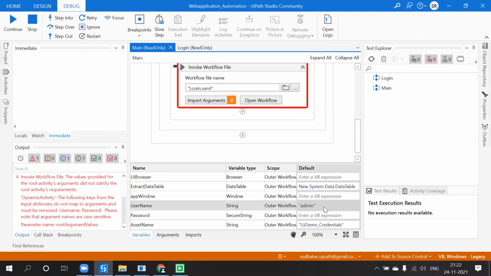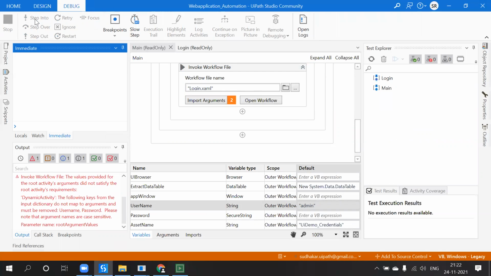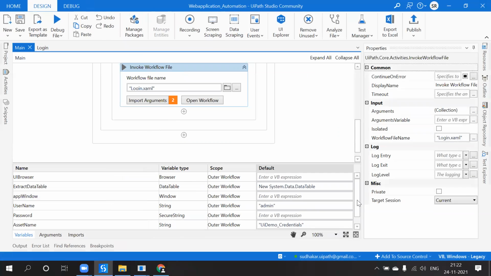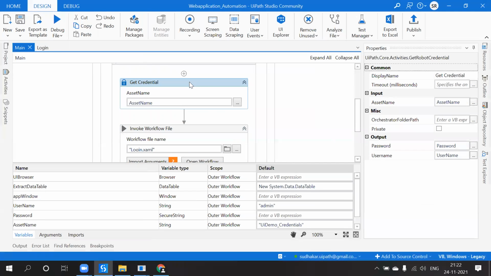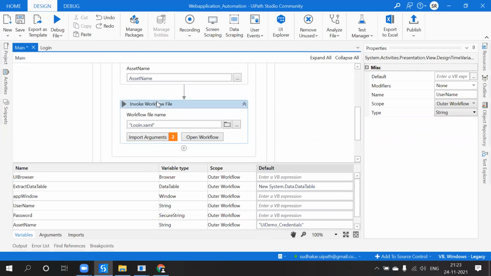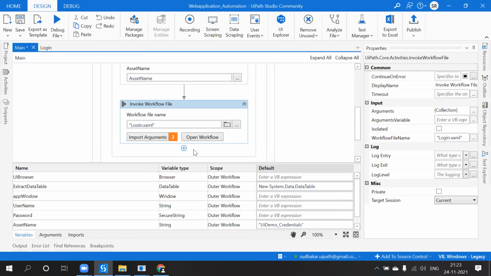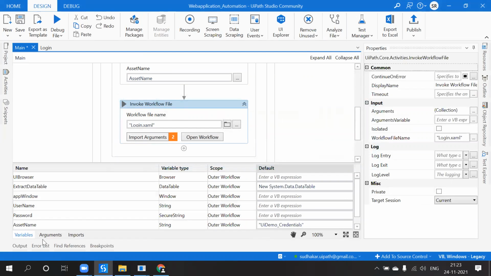Username, then it comes to the username, delete it, username and password, and invoke workflow. Under that invoke workflow, why are these values not available?